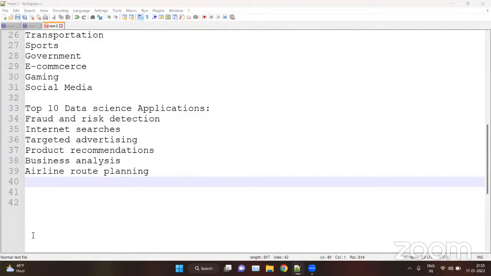We can use data science in fraud and risk detection, internet searches, targeted advertising, product recommendations, business analysis, and airline route planning.